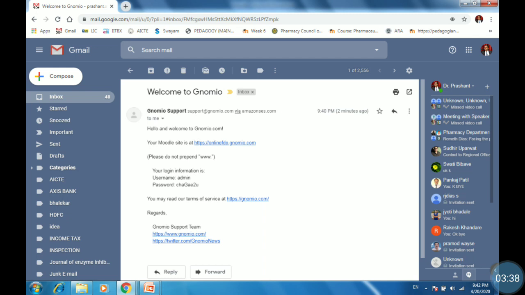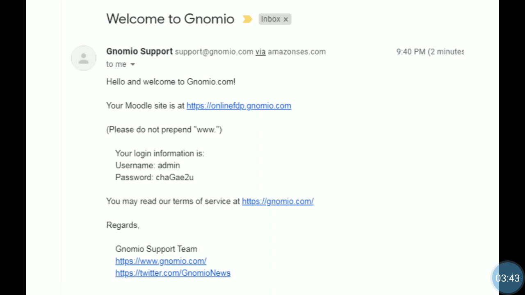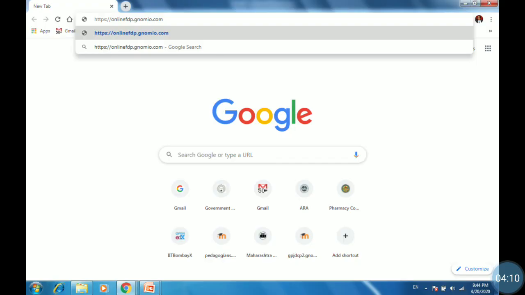It gives you the information about your Moodle site that we have created, that is onlinefdp.gnomio.com. As it is free open source Moodle, the suffix is always gnomio.com. It will provide you the login information, that is username and password, which you can change later in your profile section. So just open your created Gnomio site by providing the address